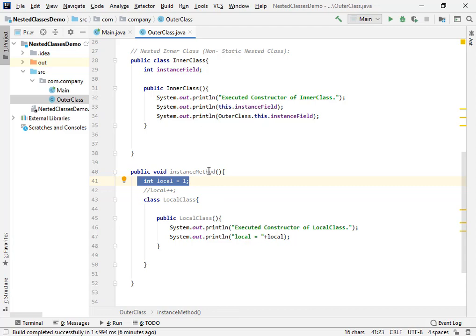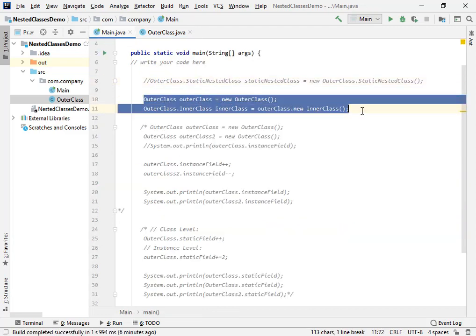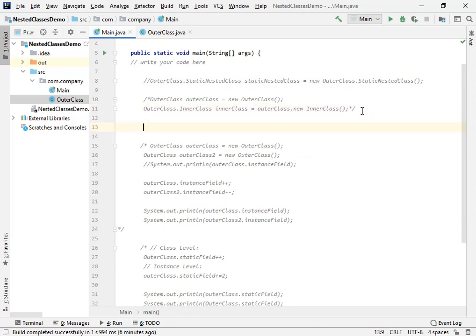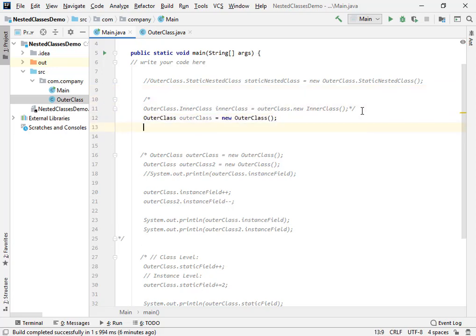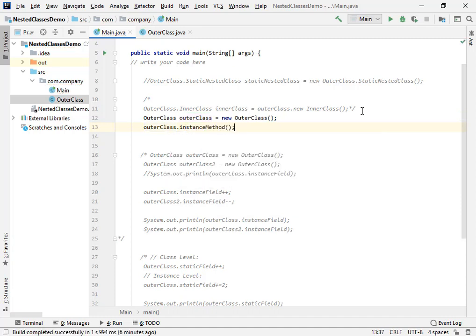So now if I want to initialize it, I'm gonna go to the main method. I'm gonna comment this out now, and I'm gonna initialize it with the help of an outer class object. So I'm gonna make an outer class object first, and then I'm gonna access its method, outer class dot instance method. So if I execute it at this point,